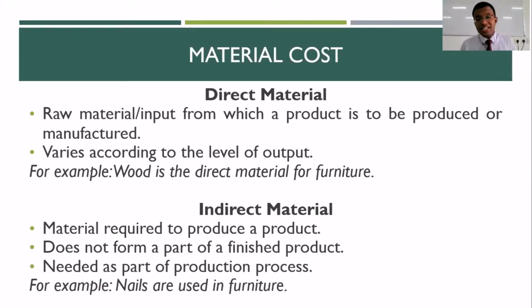So in certain cases, a certain proportion of components which are consumed as a part of your production process, you may not be able to quantify perfectly. Because you're not able to quantify it perfectly, you're not able to determine the exact cost which is associated with it. So here in my slide, I have given the example of nails which are used by the carpenter as a part of making furniture. He may not be able to give you the exact